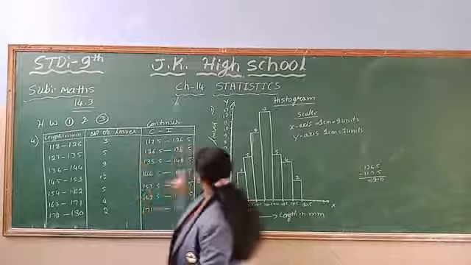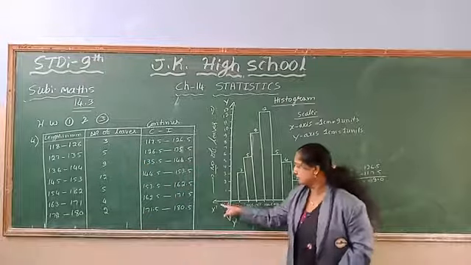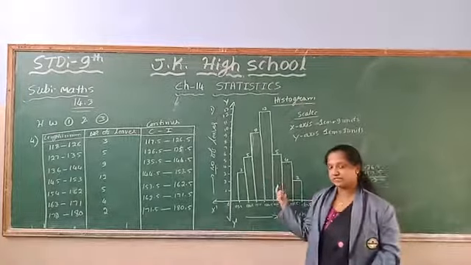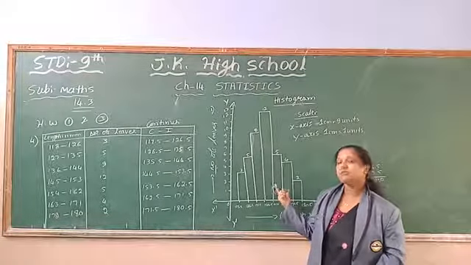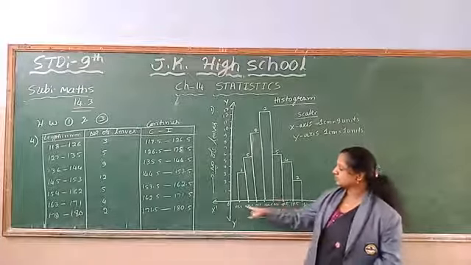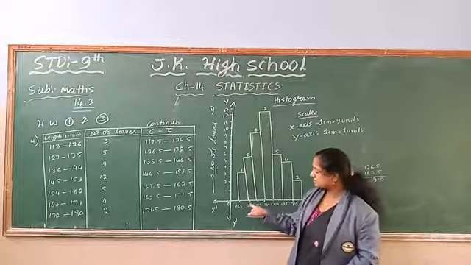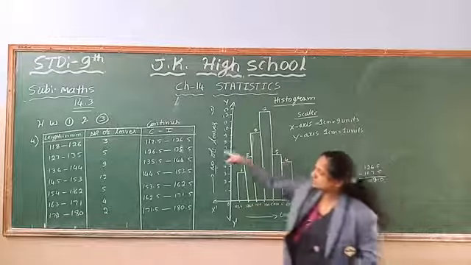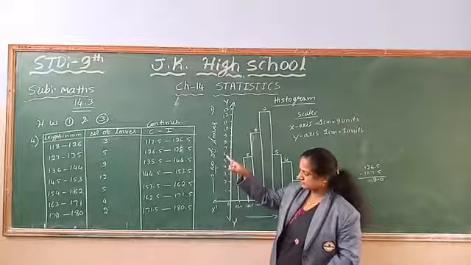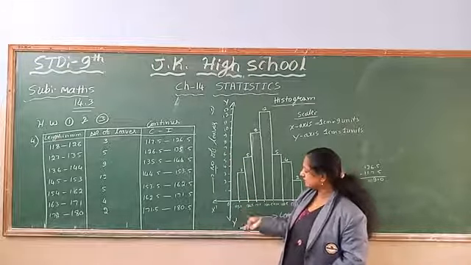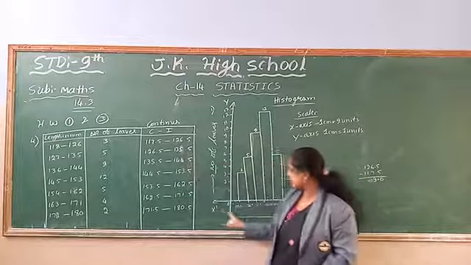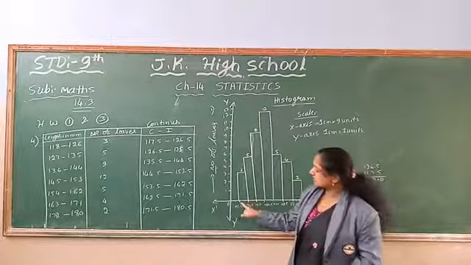So now, how to plot the histogram? Draw a line for the x-axis and y-axis. This is a graph sheet, a rough diagram. You have to take a graph sheet and mark 1 centimeter and 1 centimeter. You take these upper limit values. So for 1 centimeter, 117.5 is the starting value, and next is 126.5. All these values are equal, and the scale has become fixed now.